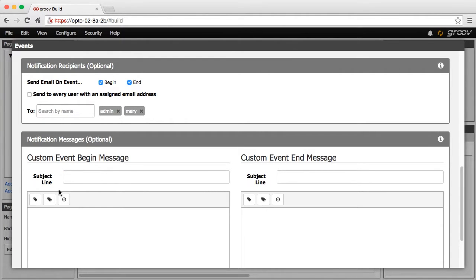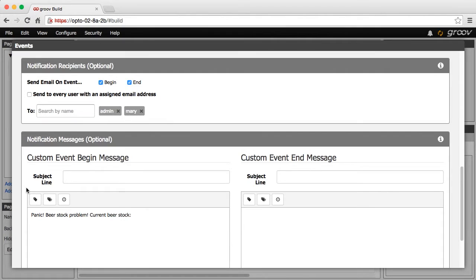By default, all events are logged and optionally emailed with an appropriate begin or end message. But if you want to customize your message to include more information, for example, the current value of tags that are relevant, or even a link to the relevant group page, here's where you can include those. For example, I might want my begin message to say, Panic, beer stock problem, and then include the current stock.